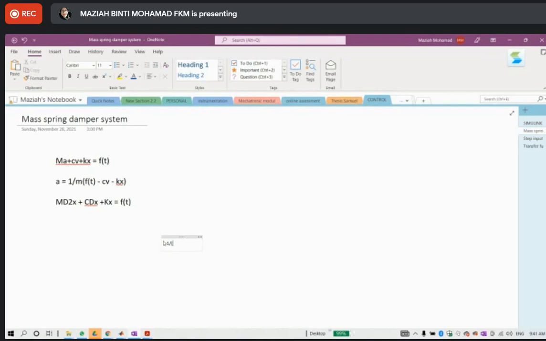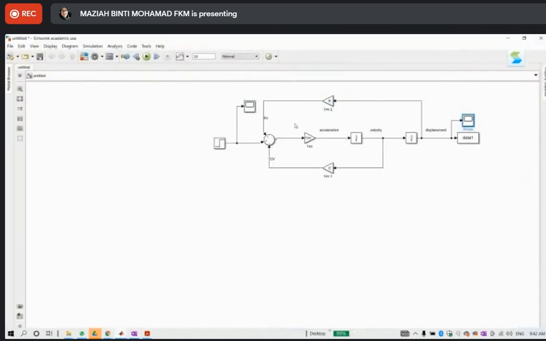the combination, let's say it is 0.5 s square plus c over m, I just put numbers here, plus let's say 5. Okay, so we get the transfer function basically. So you can use the transfer function block and define that. Okay, but if you already have this block diagram, okay, we can